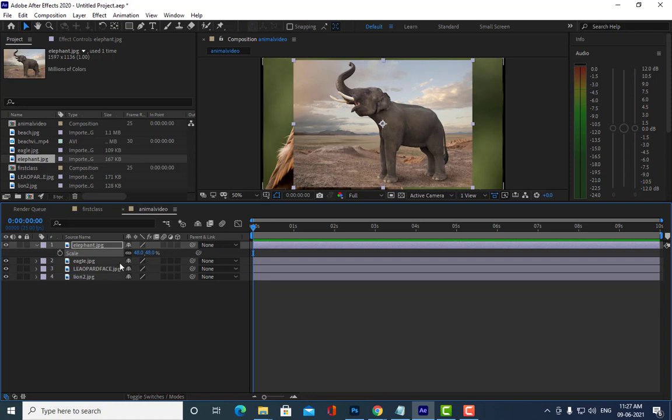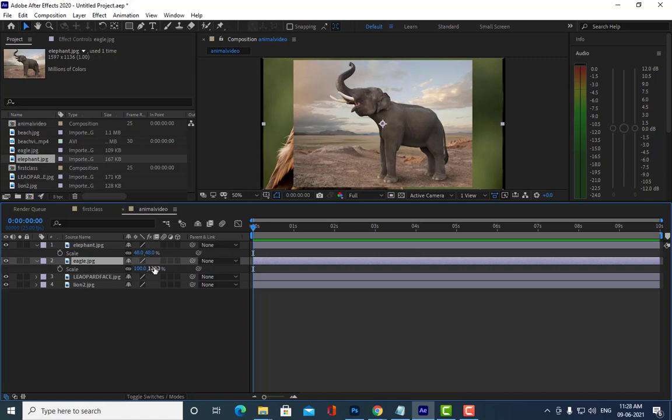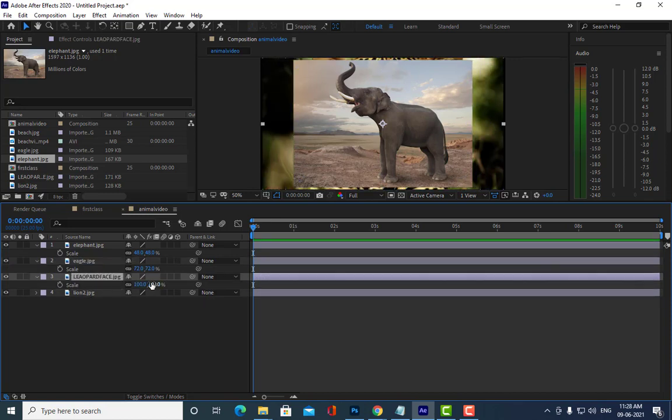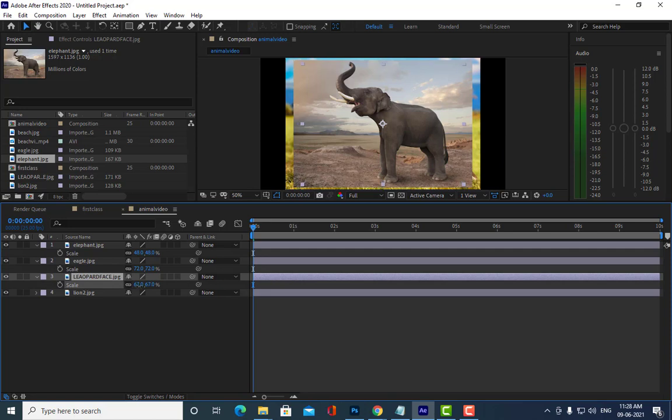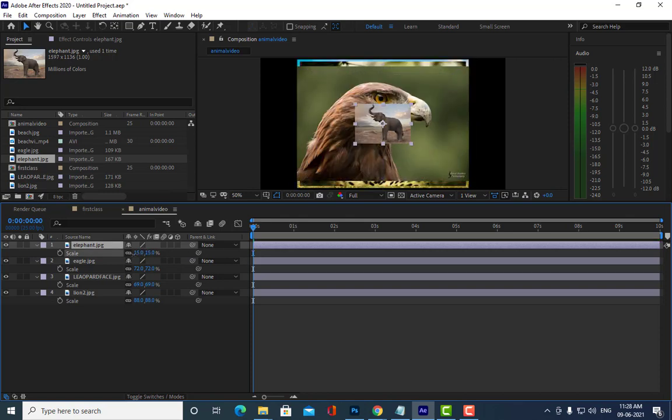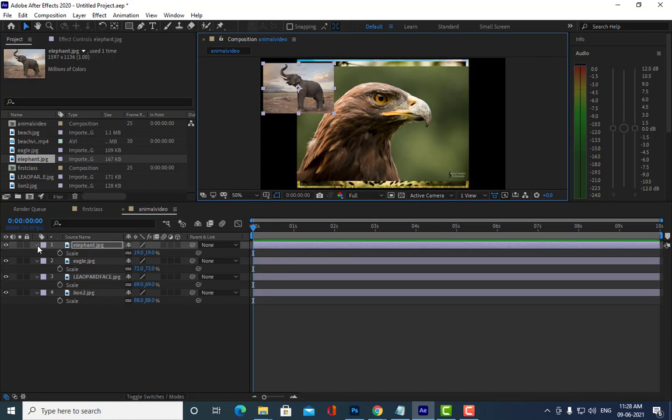Okay, say I am hitting S here. Okay, S is for what? Scale. So let us see, let's make them very small here. So we'll put them in equal sizes.